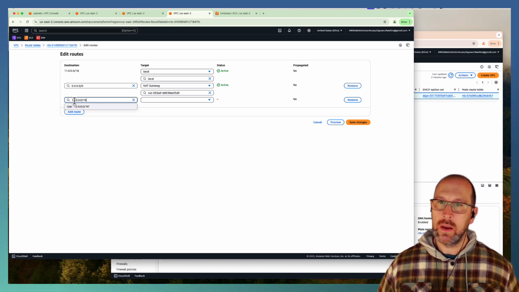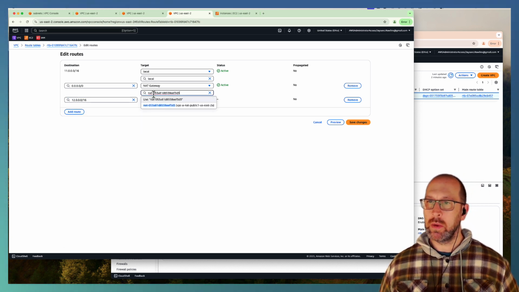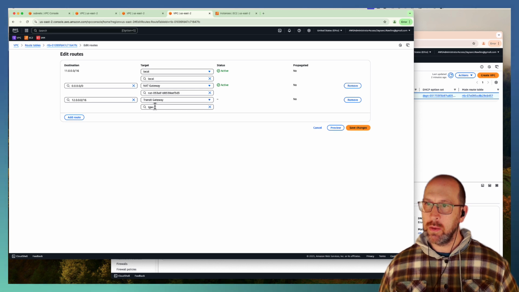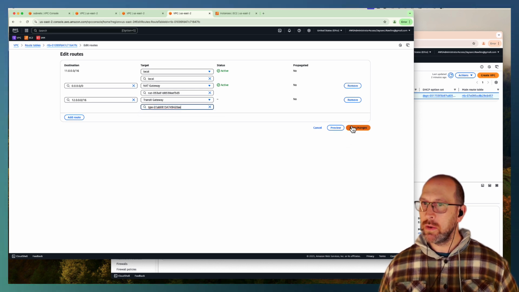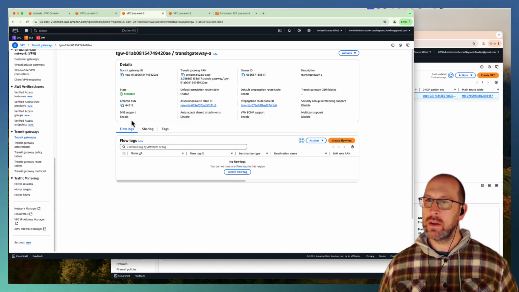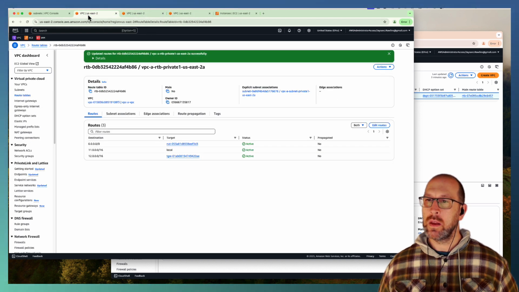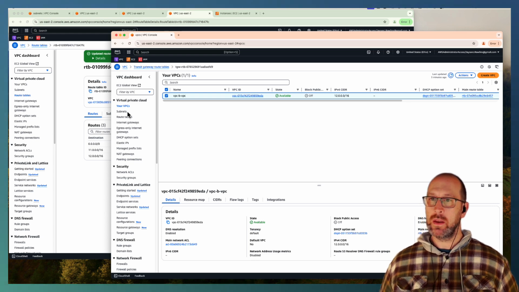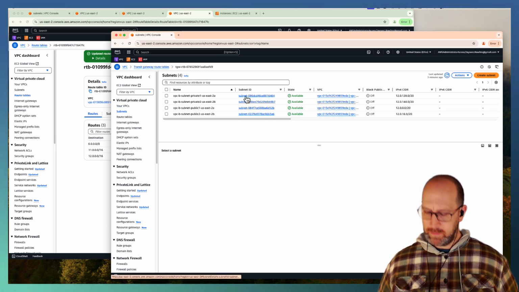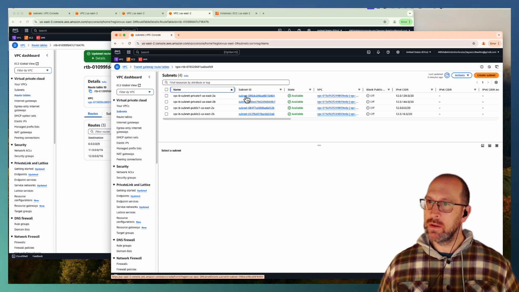So paste. We got that CIDR block, and now we go down to the transit gateway. We select our transit gateway, hit save. And so now both of those private subnets are set up. Now we do the exact same thing over here. We got subnets. Go ahead, copy,